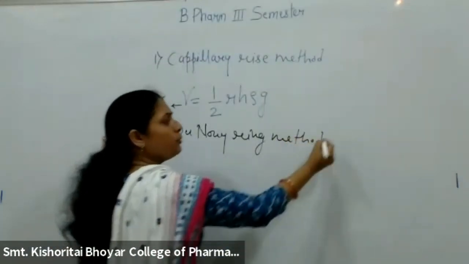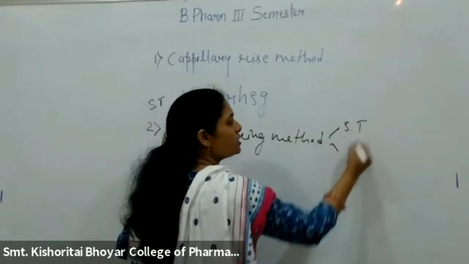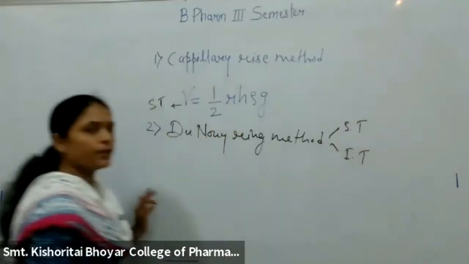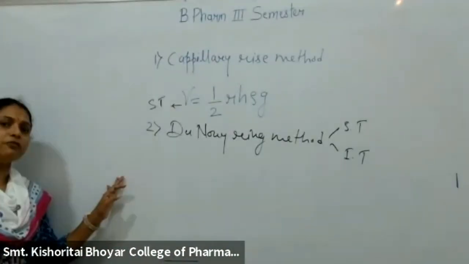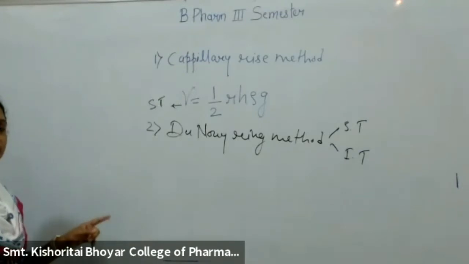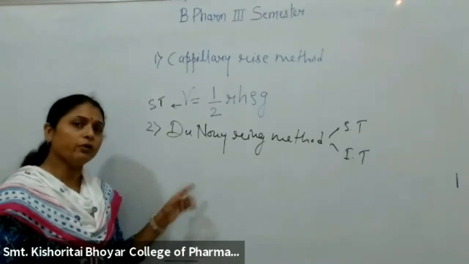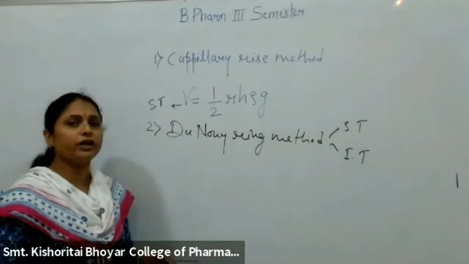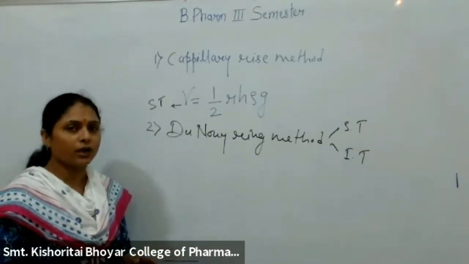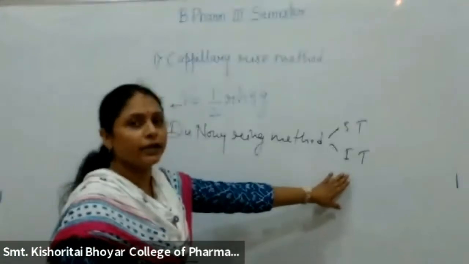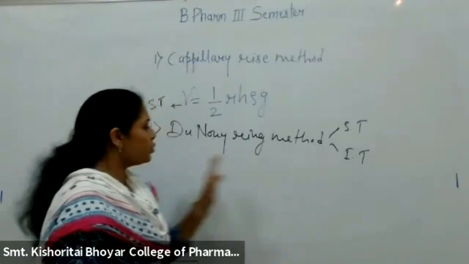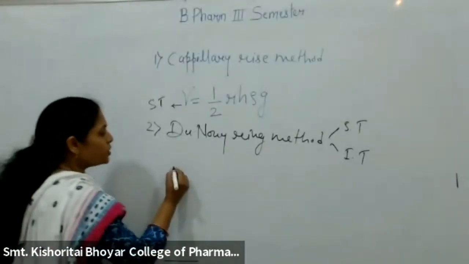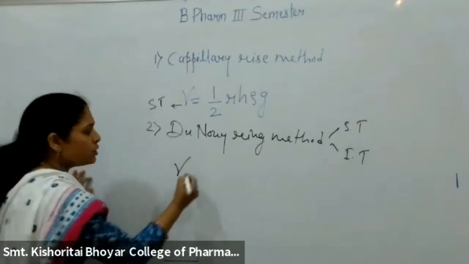This method is suitable to determine surface tension as well as interfacial tension. That means when we are dealing with only one liquid, we can find out the surface tension, and when we are dealing with two different liquids which are immiscible with one another, we can find out the interfacial tension between the two. So by this method, the equation is: